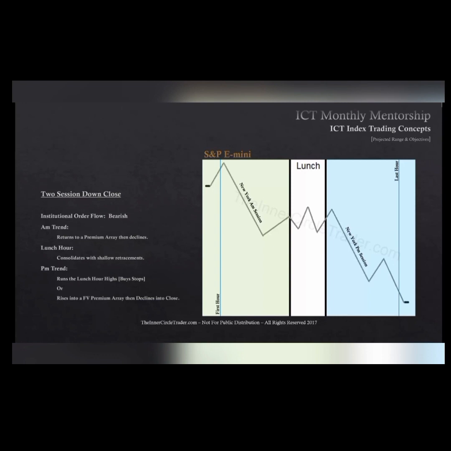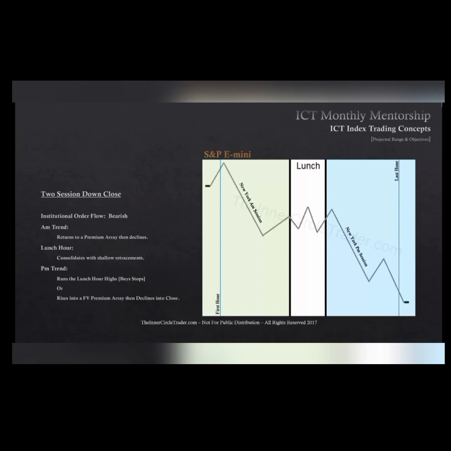Now, when we start approaching higher time frame 4-hour and daily opposing arrays, in this instance here, we would be looking for a 2-session down close or basically a big down day. That down close is high probability until we get to a 4-hour or a daily or weekly discount array. So when it starts trading into those levels, obviously the same thing is said in opposite terms for the 2-session up close. If we're trading in the middle of a swing or intermediate-term price swing that has yet to complete,